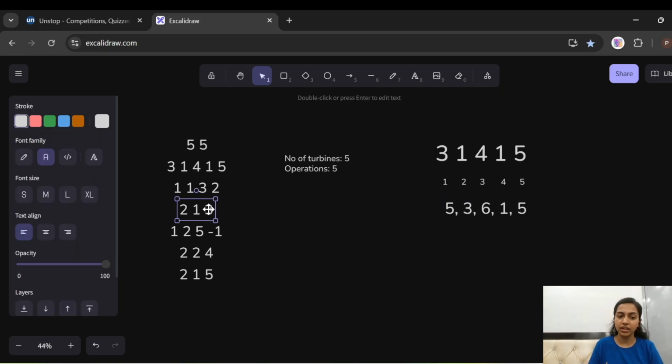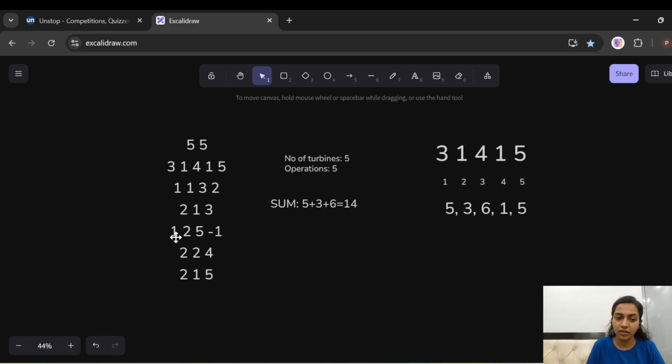Now next is a query that begins with 2. If we encounter a query that starts with 2, that means all the queries that started with 1 are going to be executed now. So this query was deferred, and it's going to be executed now. After execution, we need to find the sum from position 1 to position 3. So the sum is going to be 5 plus 3 plus 6, which is 14. So first we'll have 14.